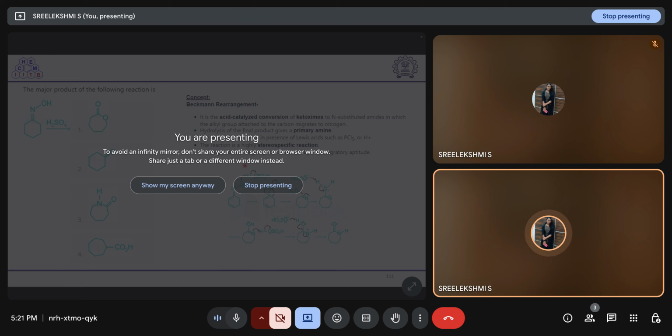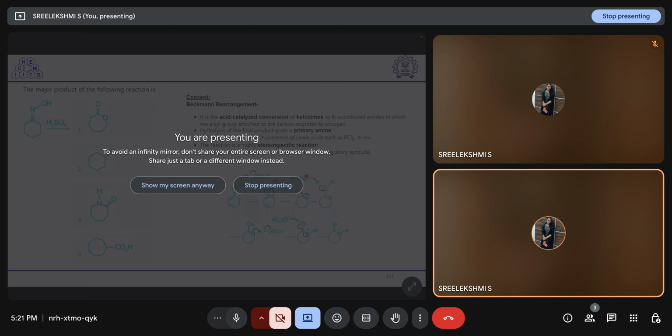So here is what is happening. First, this OH will get protonated by the sulfuric acid to form this compound. Then the lone pair of nitrogen will fall here, OH2 will leave and this bond will migrate to this nitrogen and it will form this kind of intermediate. Then again a water molecule will attack over this carbon and it will stabilize the positive charge on this nitrogen to